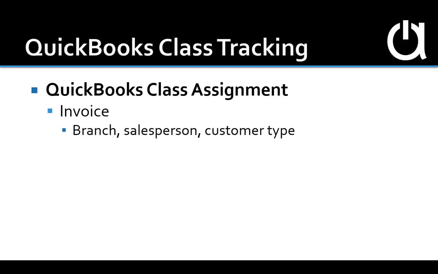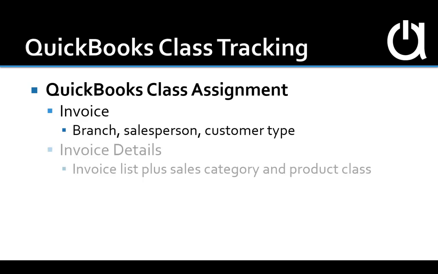So there are two options. The first one is for invoice, which can be assigned to branch, salesperson, and customer type. And then there's another option for invoice details, which also can be assigned to the ones included in the invoice list as well as sales category and product class. The most common use for QuickBooks class tracking is going to be branch, since a lot of our customers utilize